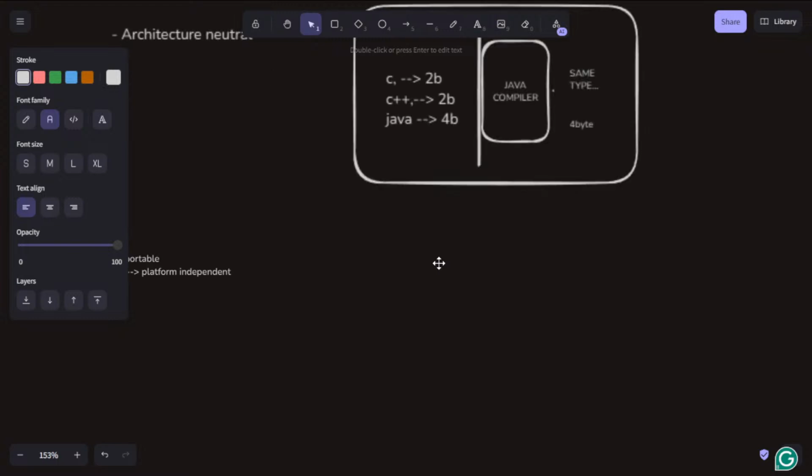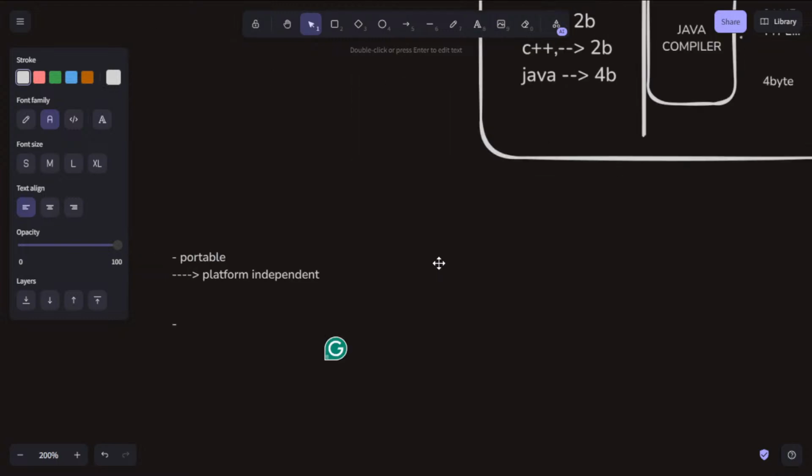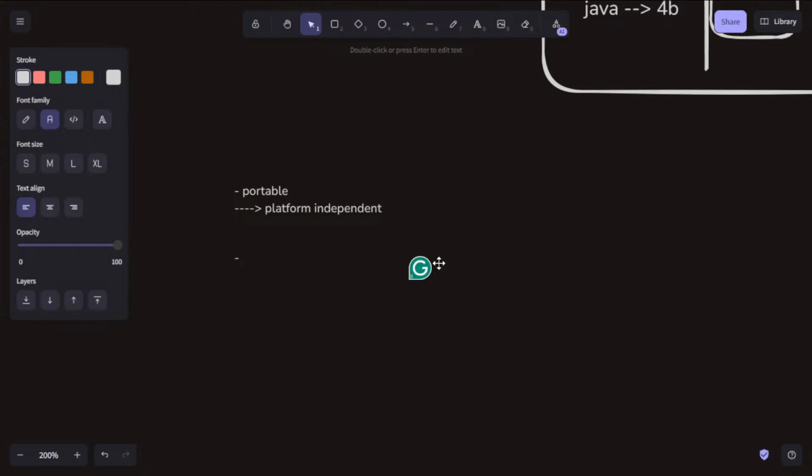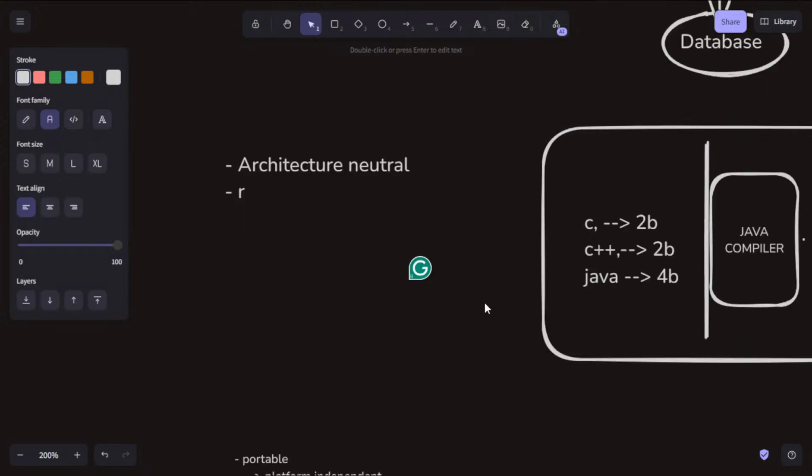When programs are compiled into the same bytecode, where are we going to run this bytecode? We're going to run it on the server or the cloud.